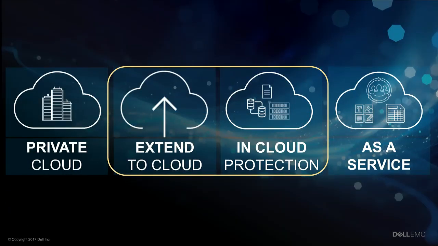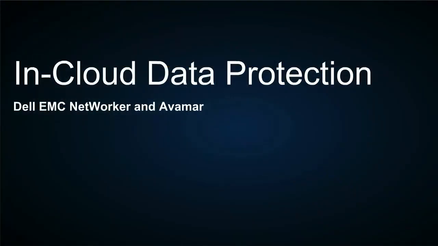So Extend to Cloud and InCloud Protection is what we're going to focus in on. I'm going to start here with InCloud Data Protection with two products, which hopefully you all know a little bit about, which is Networker and Avamar. So again, we're not bringing out new products for InCloud Data Protection. We're using the existing products we have today, albeit they've obviously been updated, and you need to update to the latest version. Most of the software we're going to be talking about, whether it's Data Domain software or Avamar or Networker,